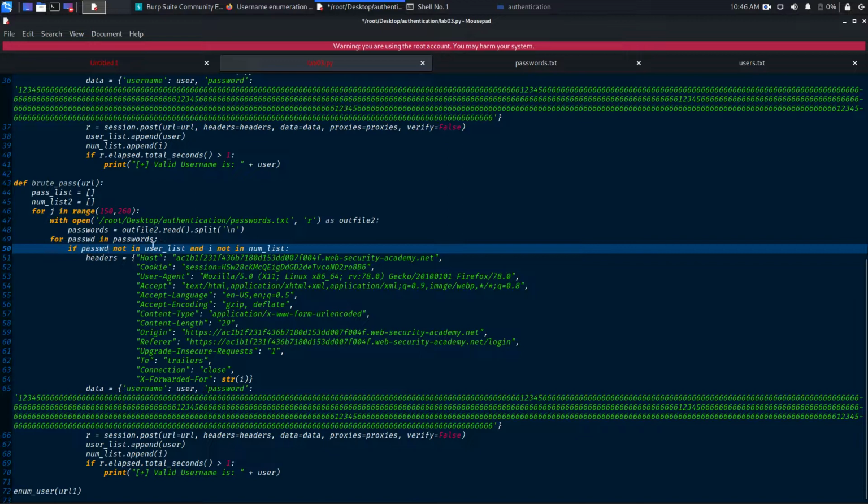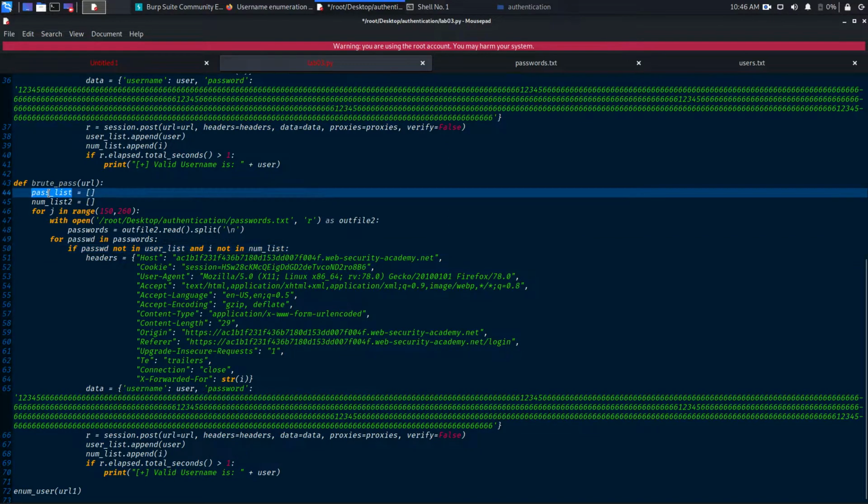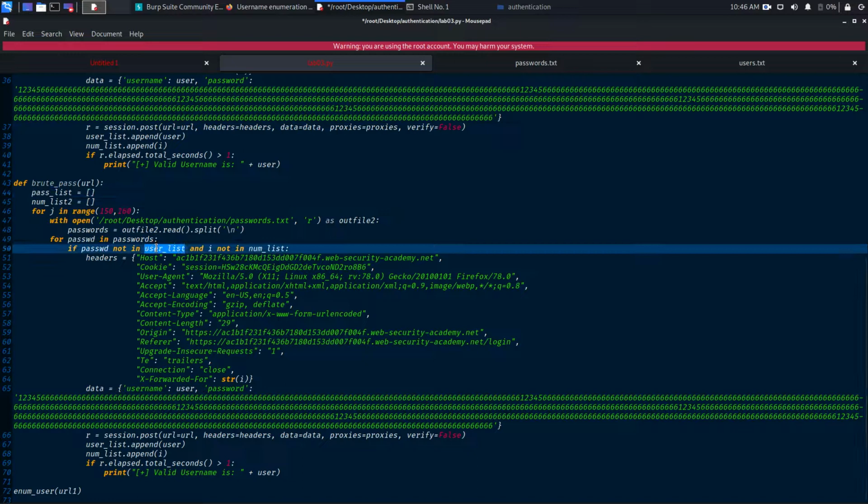If password not in the pass list, copy and paste, and J is not in the number list 2, so